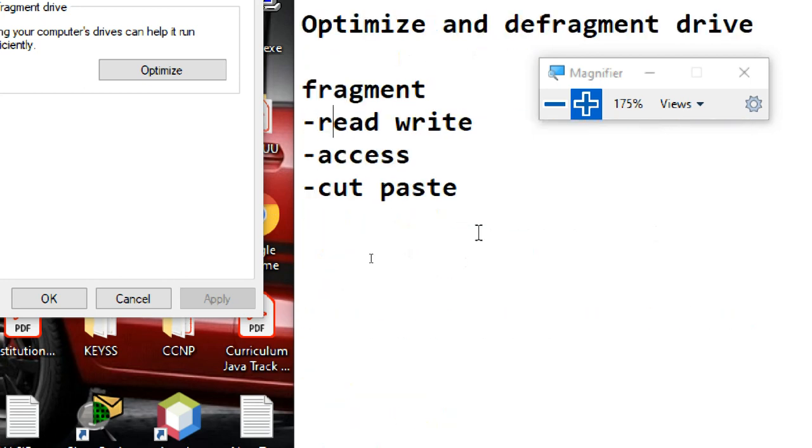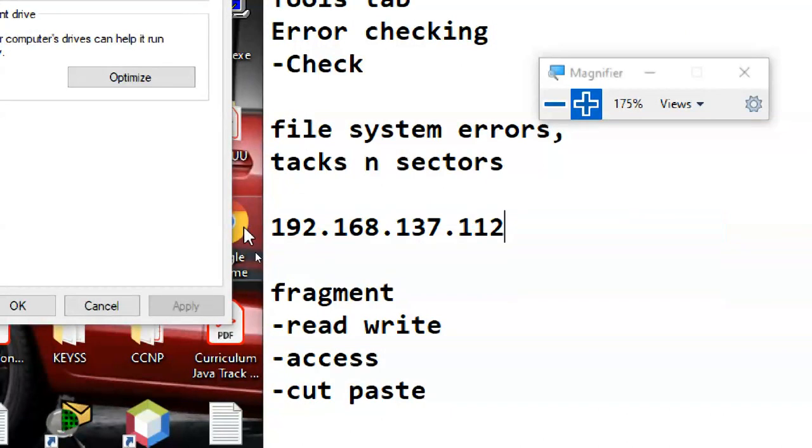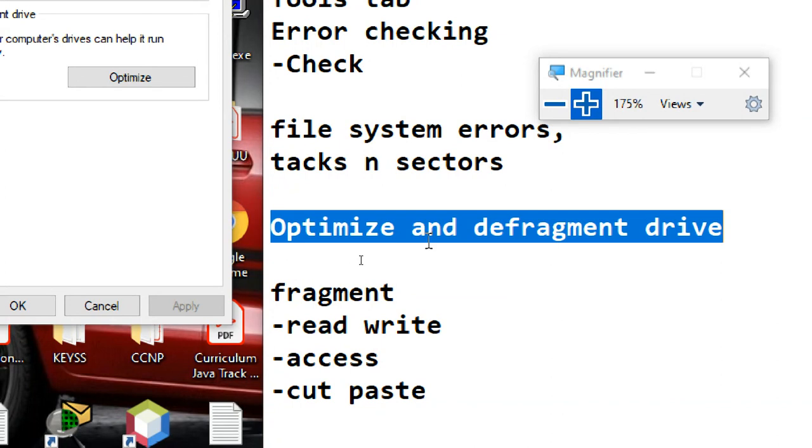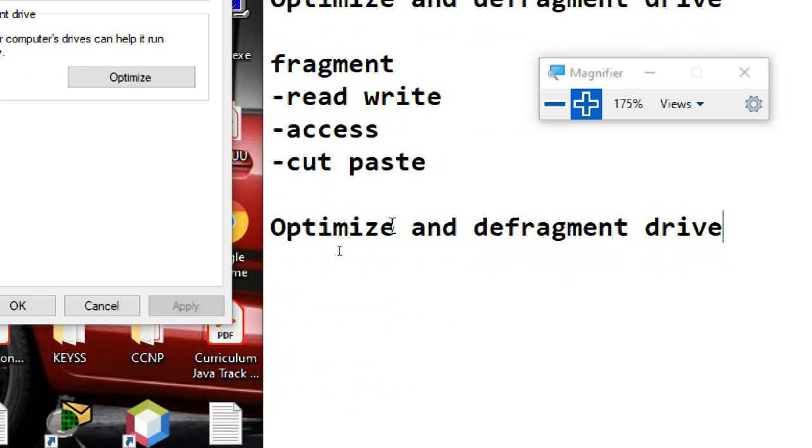For example, I'm taking this line. Sorry, this is a fragment. Control Z, copy. If, for example, I make some mistake, a gap is created.